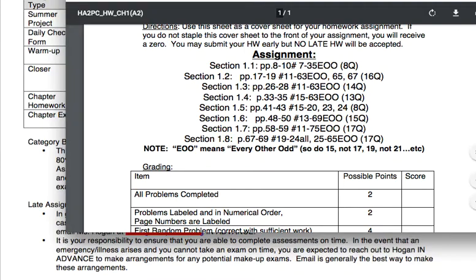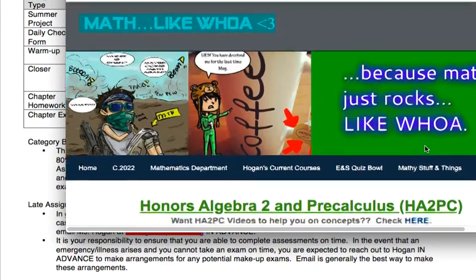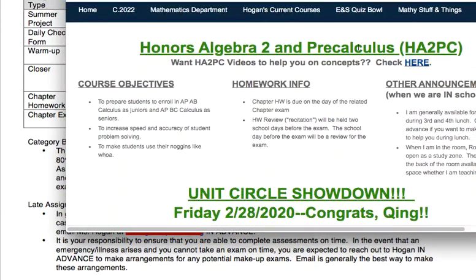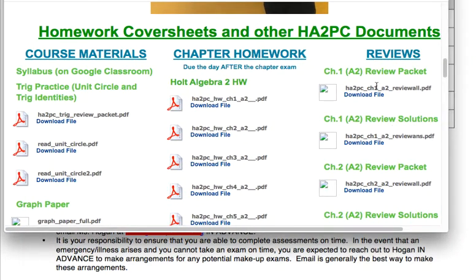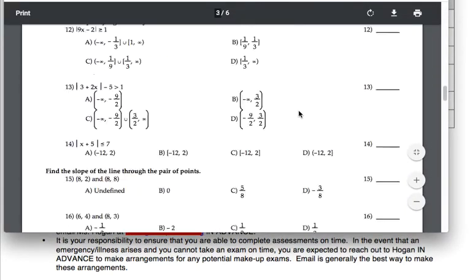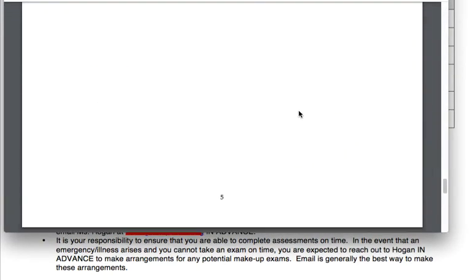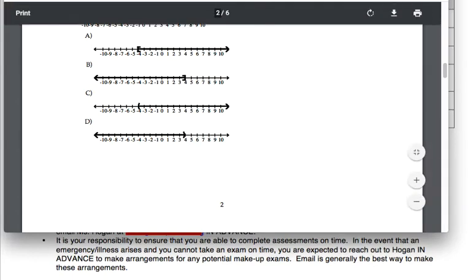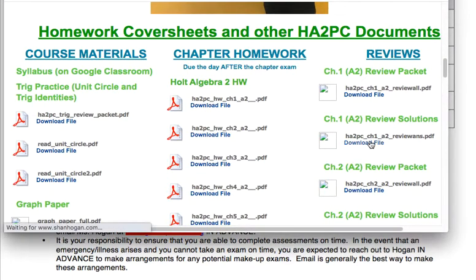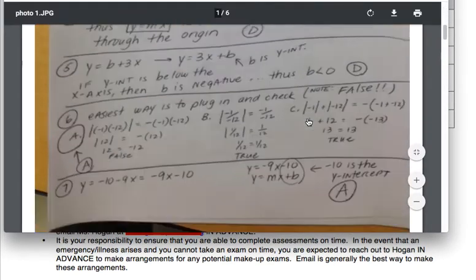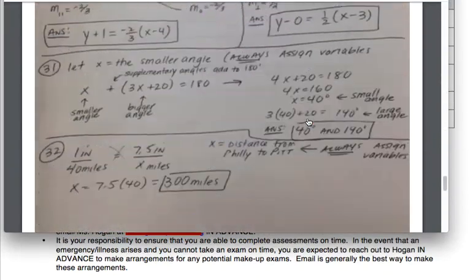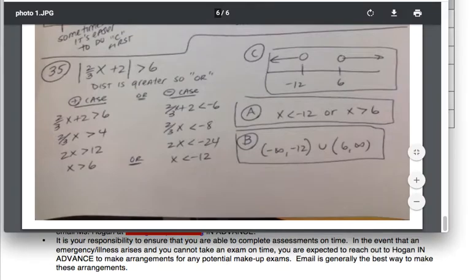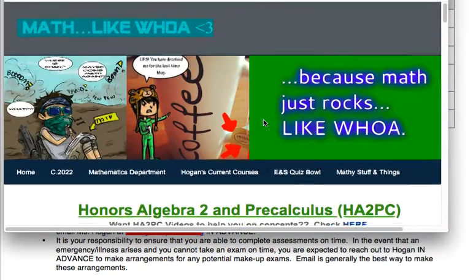If we go back to my website, though, if you look the way it currently exists, if you look down at the bottom of Honors Algebra 2 Pre-Calc stuff, you'll see that there's a spot that says Reviews, right? So there is currently a Chapter 1 review packet that looks exactly like the Chapter 1 exam, literally exactly, but with different numerical values, and detailed solutions to that chapter review, right? Again, not just the answers, but detailed solutions of how I did every single problem, sometimes in multiple ways, okay? So you can expect to still use those reviews.